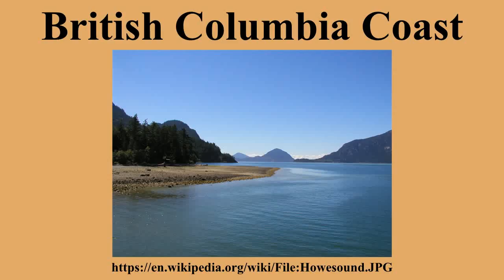The British Columbia coast. The BC coast is Canada's western continental coastline on the Pacific Ocean. The usage is synonymous with the term West Coast of Canada, in a sense excluding the urban Lower Mainland area adjacent to the Canada-United States border, which is considered the coast. The British Columbia coast refers to one of British Columbia's three main regions, the others being the Lower Mainland and